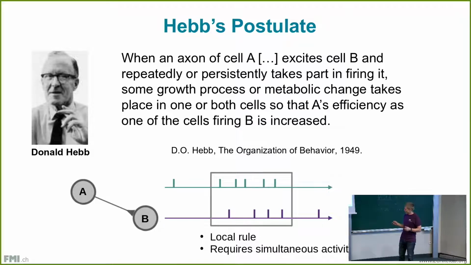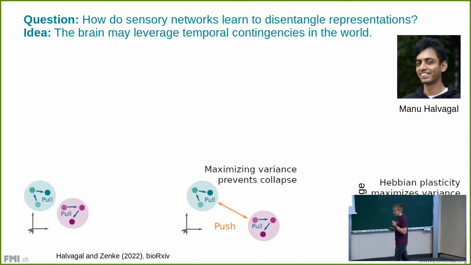And that actually amounts to a local plasticity rule, and it's been found in various settings in the brain. Now, what's also cool is from a computational neuroscience perspective, we know that we can derive Hebbian plasticity rules from an objective which is just maximizing variance. Yeah? So if you maximize variance,